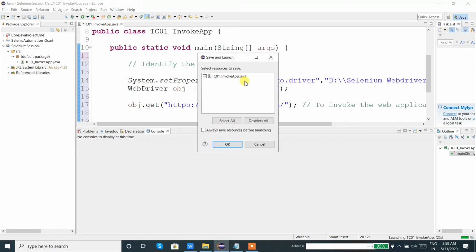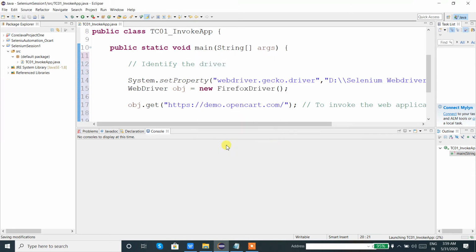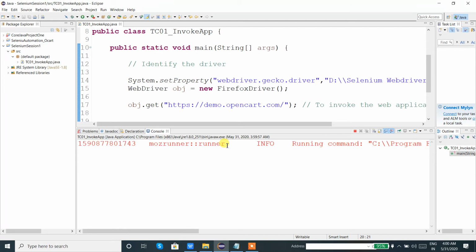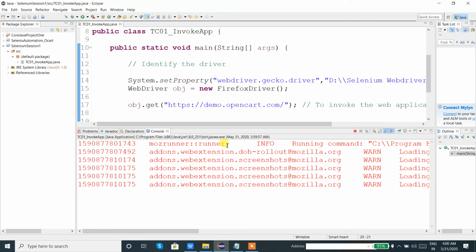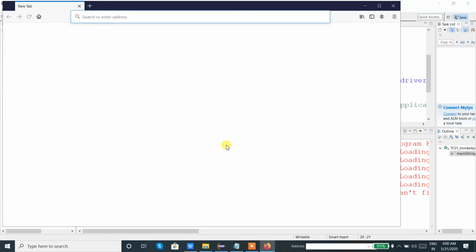So tc invoke app is the file name. It's executing. It's trying to open the browser.